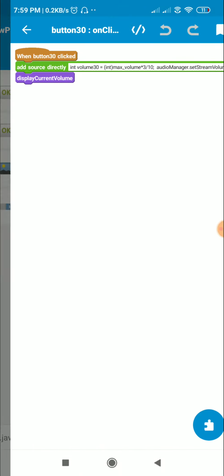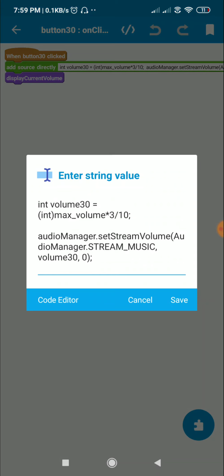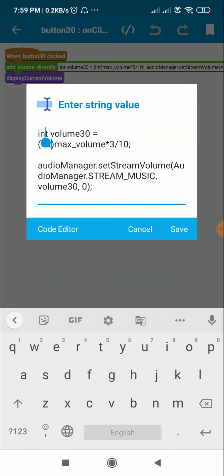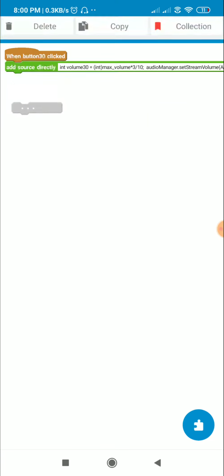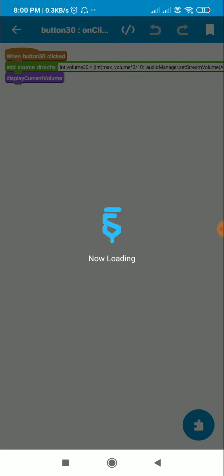For setting volume to 30%, it is the same code: int volume30 is equal to int max_volume into 3 by 10, and then audio manager dot set stream volume, audio manager dot stream_music comma volume30 comma 0. So this will set the volume to 30%, and after this I display the current volume.